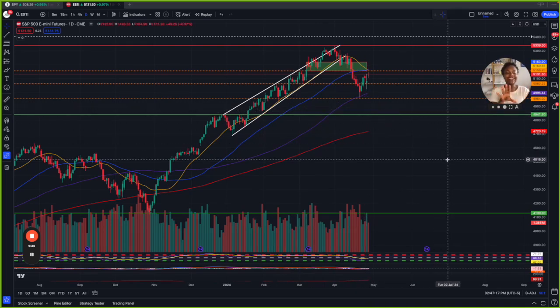Now, there's something that I love about the 20 and the 50 MA. Those two moving averages are known as the value zone of moving averages. Whenever we see that price comes and finds any sort of support, and we see that it consolidates at the 20 and 50 MA, whether it's in between them, right at them, or if they're kissing each other, we really want to pay attention, because we understand that this is a great time for us to enter into the market. Now, how do we know if we want to enter into the market to the upside or the downside? Just by looking at the value zone.